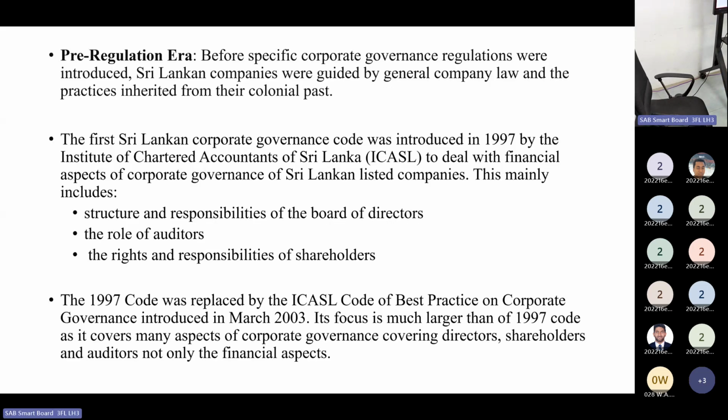If you look at the pre-regulation era, before 2008, before specific corporate governance regulations were introduced, Sri Lankan companies were guided by company law. Right? Company law precedes over anything here. So before these corporate governance codes, I think